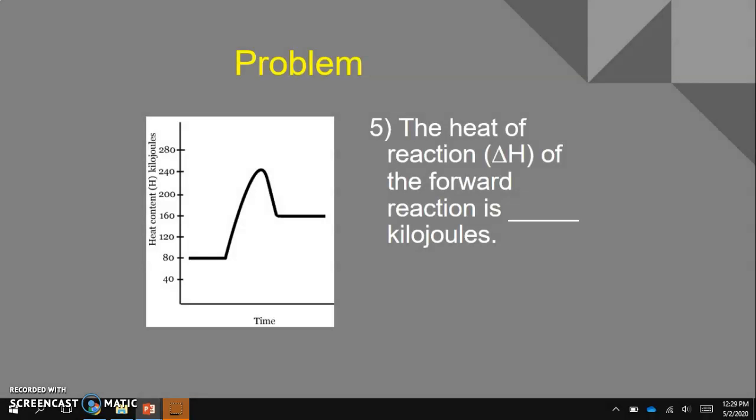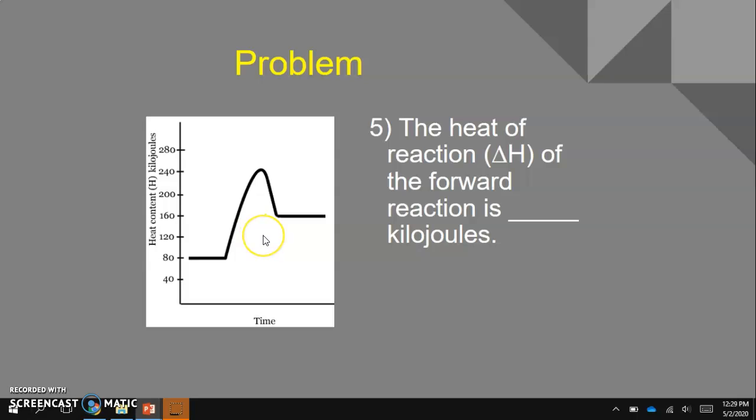Now it's asking for the delta H. Remember, your delta H is your change in heat from the reactants to the products, okay? So here, when we're calculating our delta H, we're going to take the energy of the products, what we end with, and subtract what we started with, okay? So our end energy in our products was 160, and then the energy that we started with in our reactants